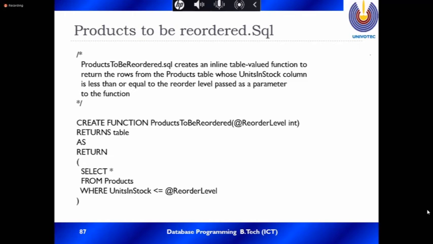Returns table, but in the previous one the return value was money, that's a column type, a data type. You see here, returns table as return select all attributes from product where unit in stock is less than or equal to reorder level.